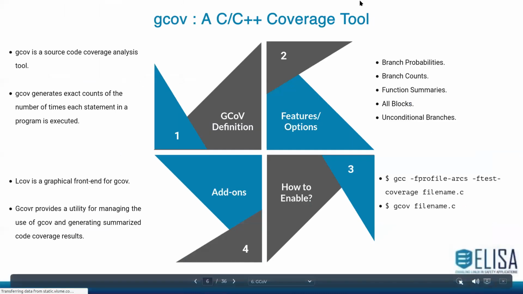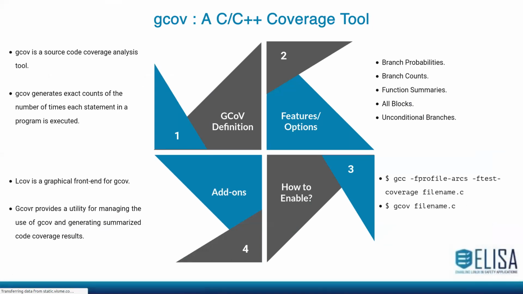Then we come to the main topic of this presentation, which is gcov. So gcov, as I said before, it's a source code coverage analysis tool. It generates exact counts of the number of times each statement in a program has been executed. You have a lot of options in gcov, such as branch probabilities, branch counts, function summaries. You can force it to give you a coverage of all blocks, regardless of whether those blocks are unconditionally executed